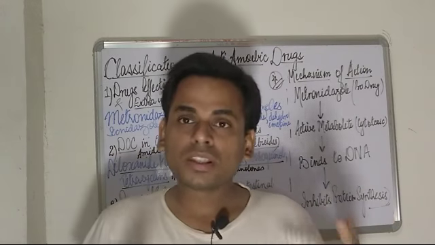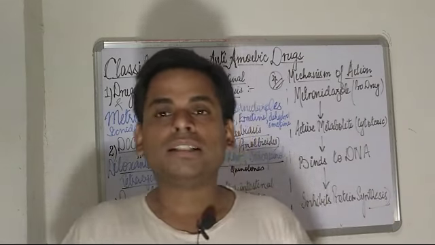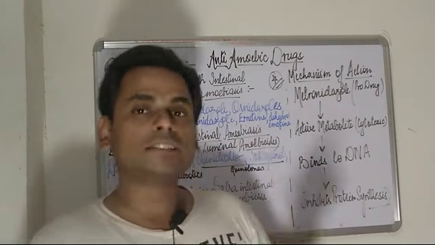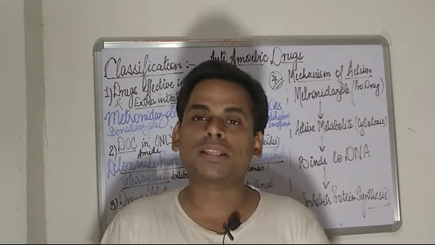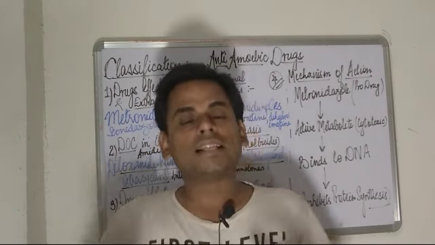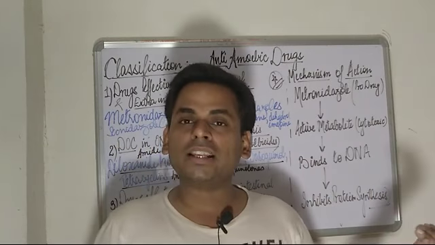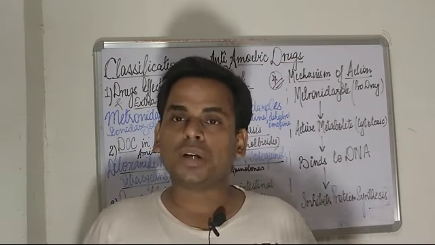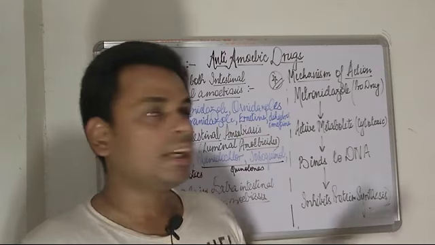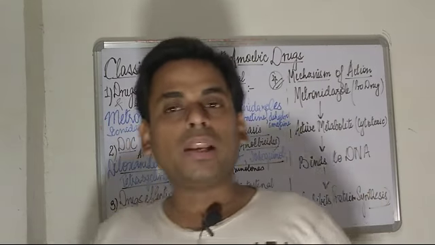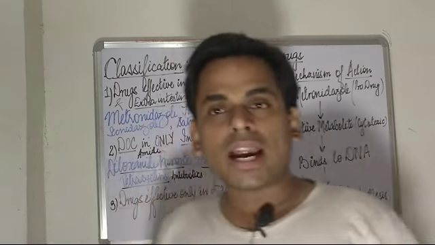So amoebiasis is basically a condition due to infection with an amoeba, and the name of that amoeba is Entamoeba histolytica. This causative organism is responsible for amoebiasis, and it can affect both sites. It can occur in the intestinal areas and lead to watery stools, and it can occur in the extra-intestinal sites also. So while looking at the classification of the drugs used in the treatment of amoebic dysentery,